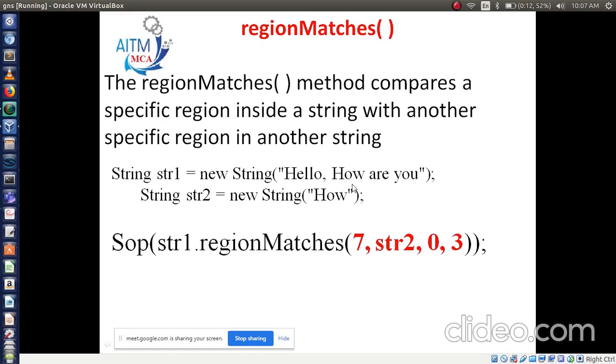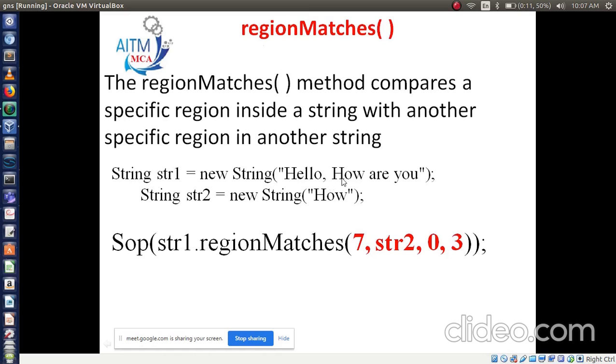To match these regions, we have the index like this. 7, we are writing 7. 7 means count from here: 0, 1, 2, 3, 4, 5, 6, and this one is 7. Here we have given a comma. This will also read one character, then space.